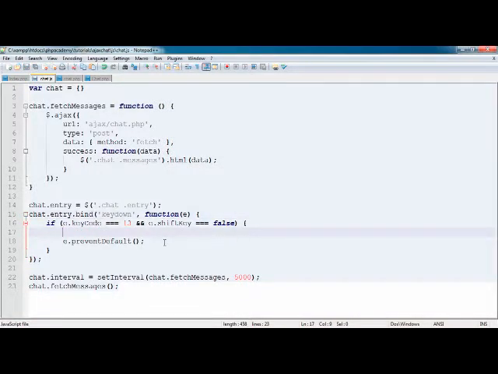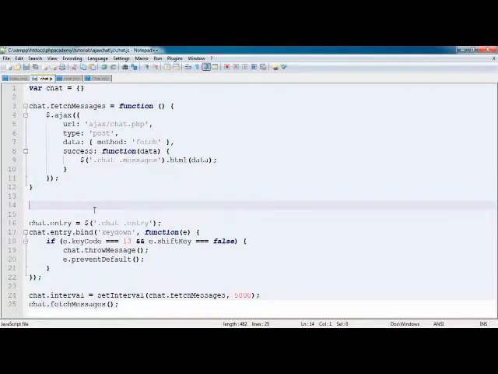The throw message call is going to call the throw message function that we're going to create here. So chat.throwMessage. Now what we need to do is define what we send through to this method. That's going to be the value of the text area, so in this case we can just say this.val. Okay, so the throw message function here. So chat.throw